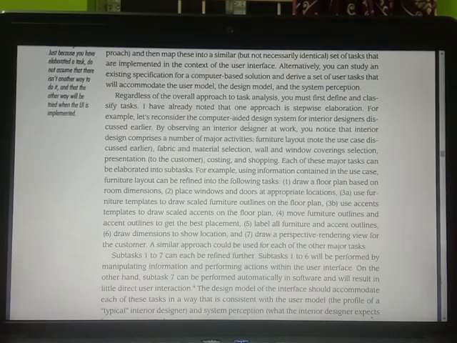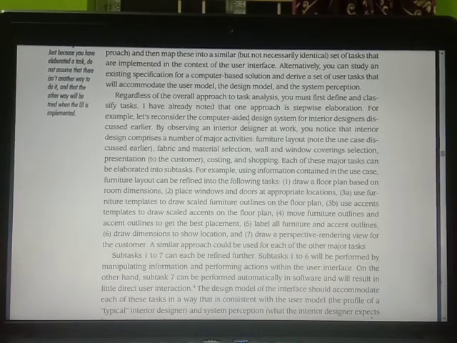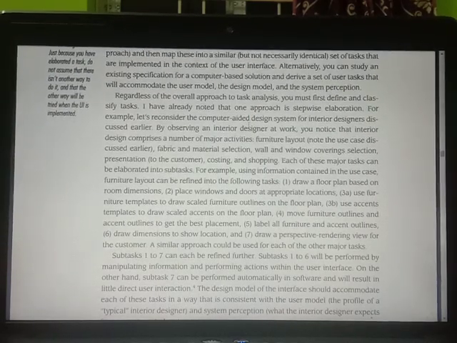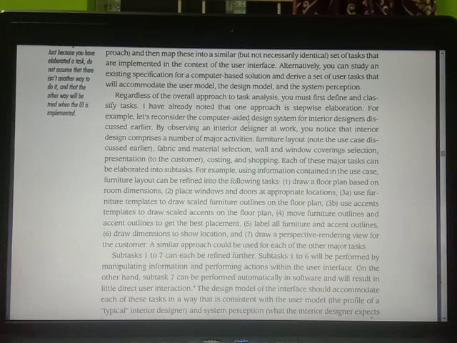Each of these tasks can be elaborated into subtasks. For example, using information contained in the use case, furniture layout can be refined into the following tasks: draw a floor plan based on the room dimensions, place windows and doors at appropriate locations, use furniture templates to draw scaled furniture outlines on the floor plan, and so on. So these are the subtasks.